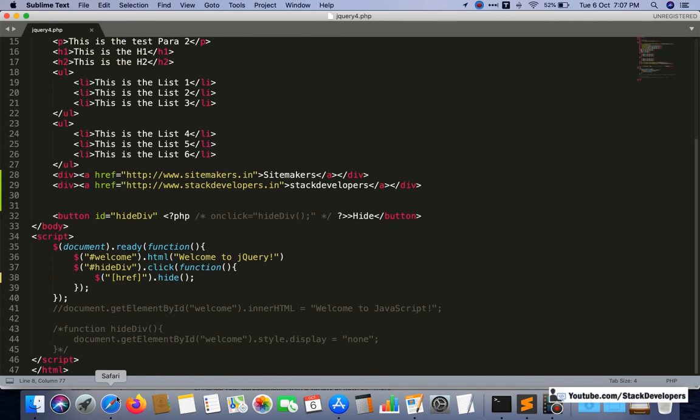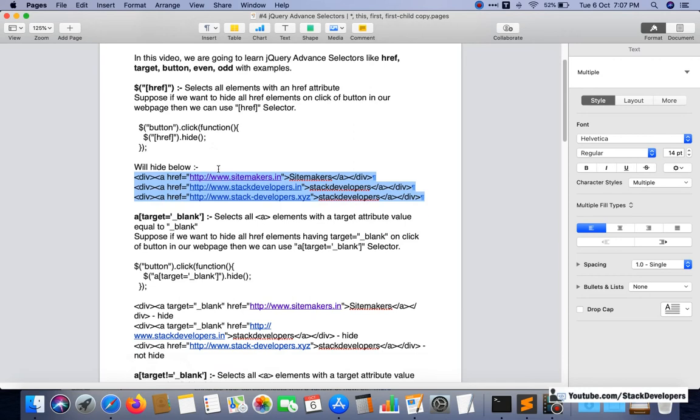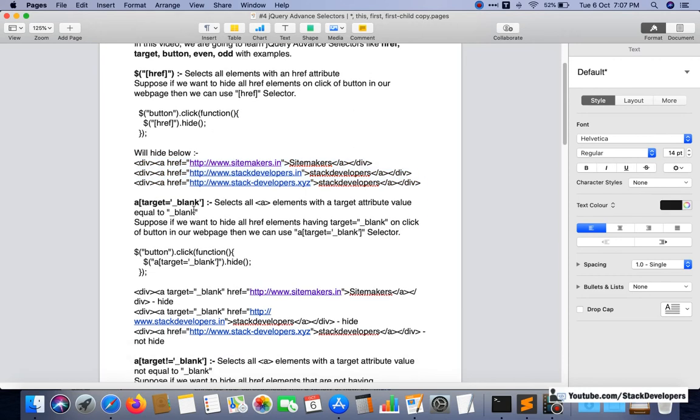So let's come to another one after href. Now there is one more case. You want to hide, or select, or do whatever you want to do with only those links that have target blank.